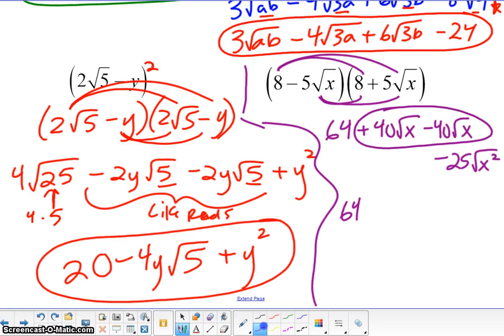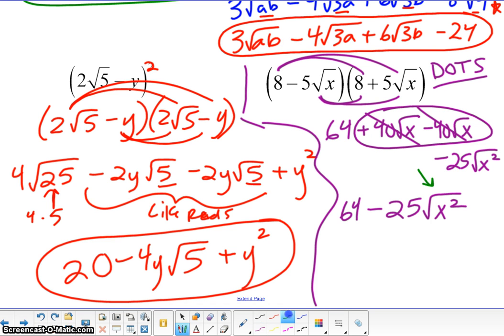What does that mean? They cancel out. So that original was a difference of 2 squares right here. It cancels, leaving us with negative 25 square root of x squared. And we know from the past that that's just x. So it'd be 64 minus